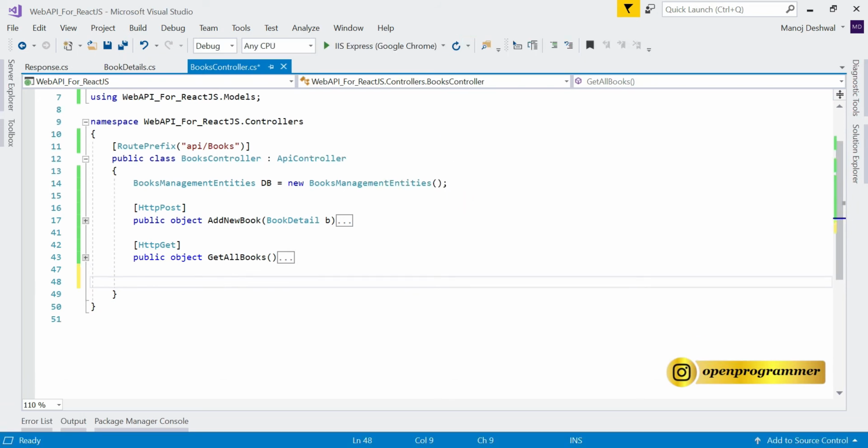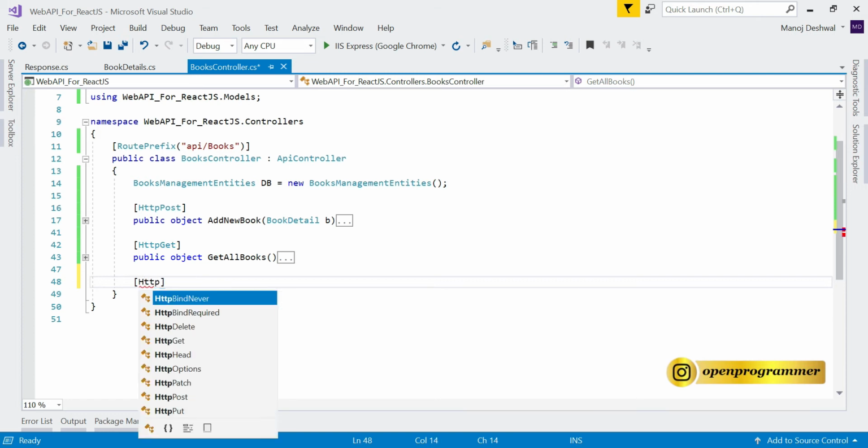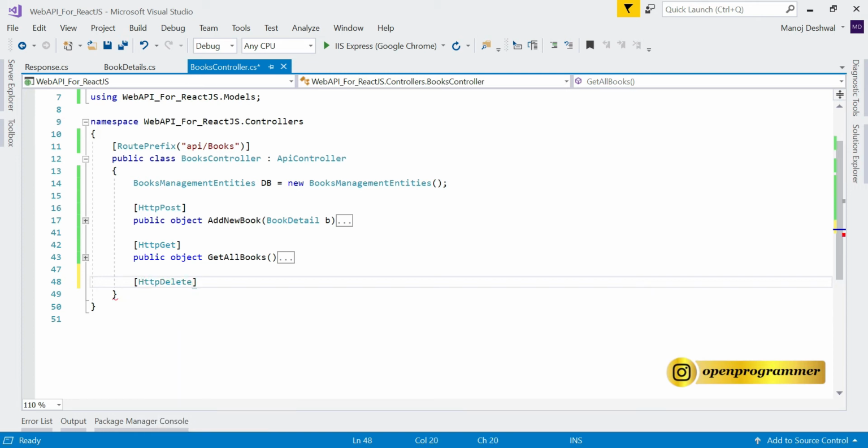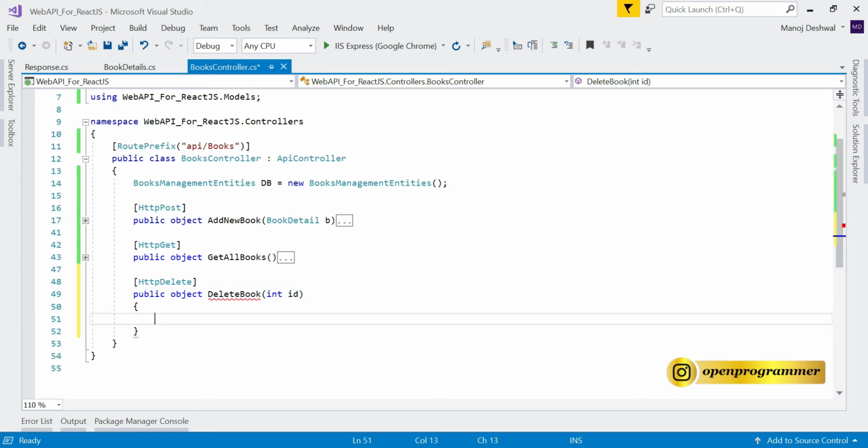Inside this, we'll create an HTTP delete method. The verb should be HTTP delete and then public object delete book. This is the method name, and in the parameter we will pass the ID of a particular book which we will delete from the database.